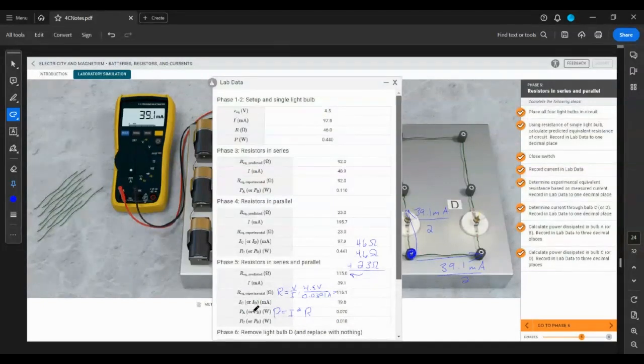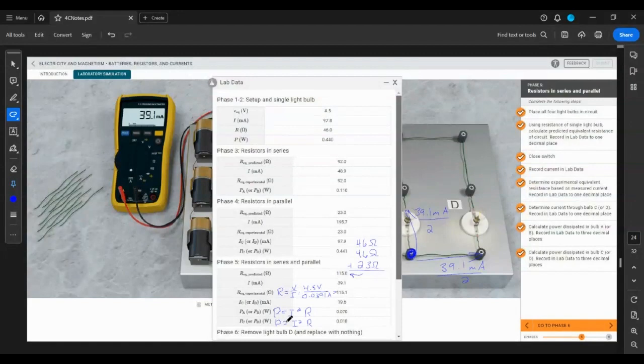So for the ones in series, you're going to have the same current as the whole circuit. So you're going to see the 0.0391 as the current, and then the resistance is going to be 46 ohms, because anytime we look at any individual light bulb, we see 46 ohms. Then you would do the same thing on the next one, and I'm going to leave these full calculations for you